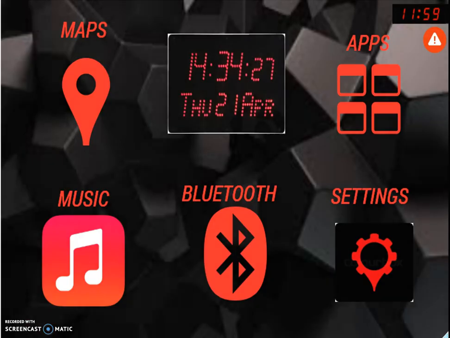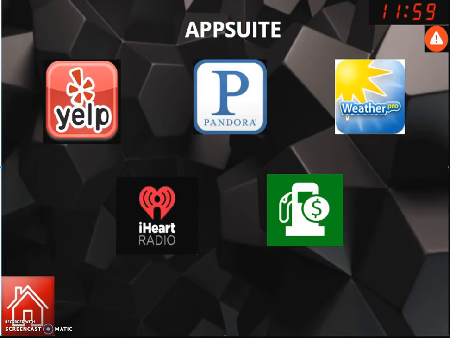For example, if I click on apps, I'll be taken to an app suite. These are all the basic apps that a user really needs to use, and we plan to have a database which will have a large amount of apps like Facebook, YouTube, and other options. If a user really wants them in his app suite, he can adjust them as usual, and he can click on an app to get data accordingly.